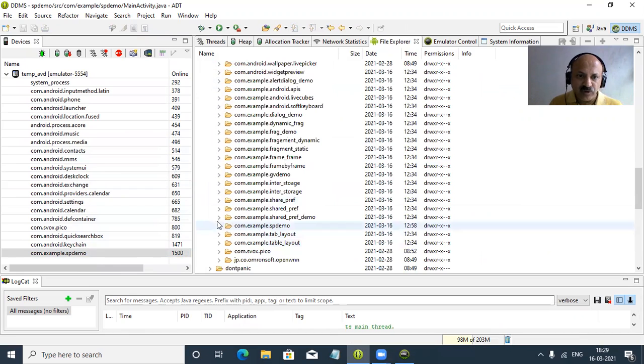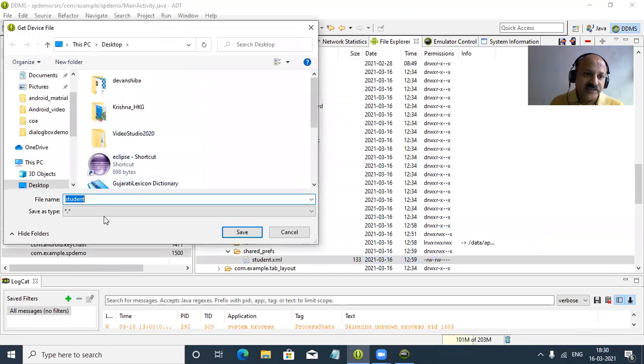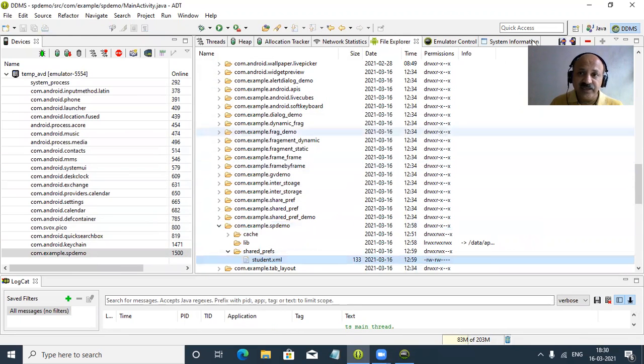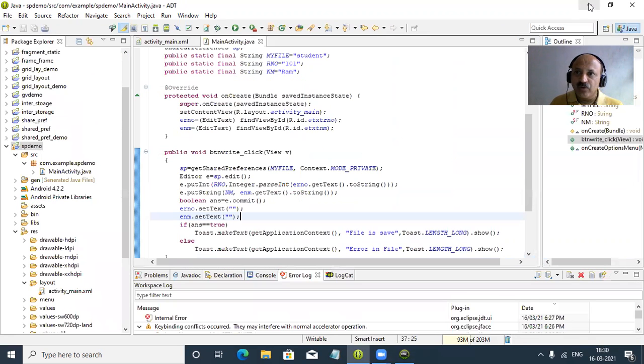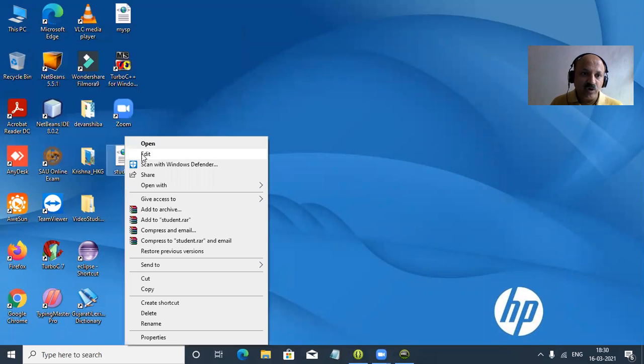So expand sp demo, and then your SharedPreferences, the students file name is the same, pull from the device. Yes, now I save. Yes, that saves all right because that file is already there. So now I close. Yes, here how to close. So right click, and that is two tabs. So close. So I revise all that step, and look, now I open it directly in Notepad.